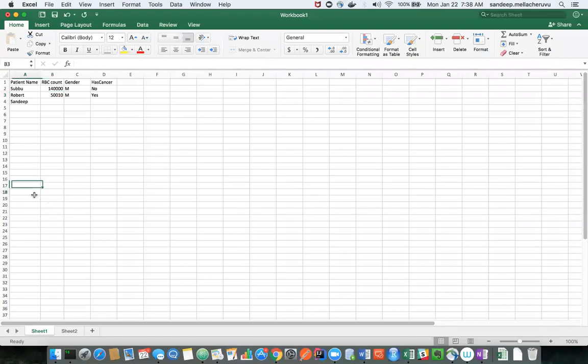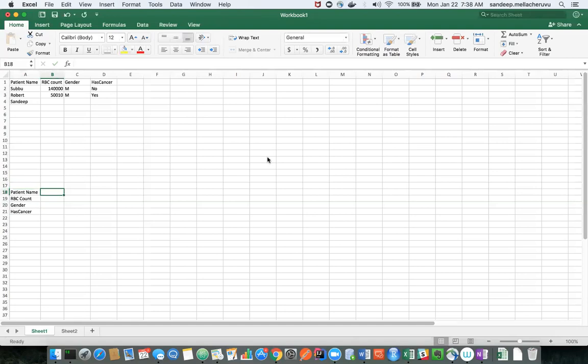So in these, let me write the variable names. In these variables, just provide me with what type of data it is. Can anyone try? Vidya, can you try?